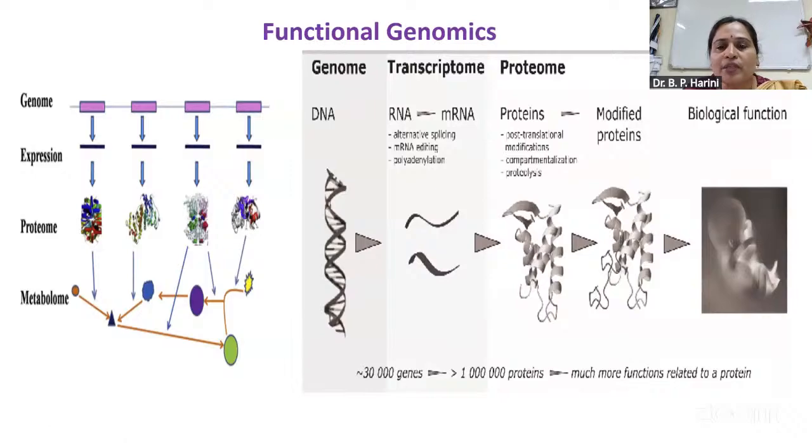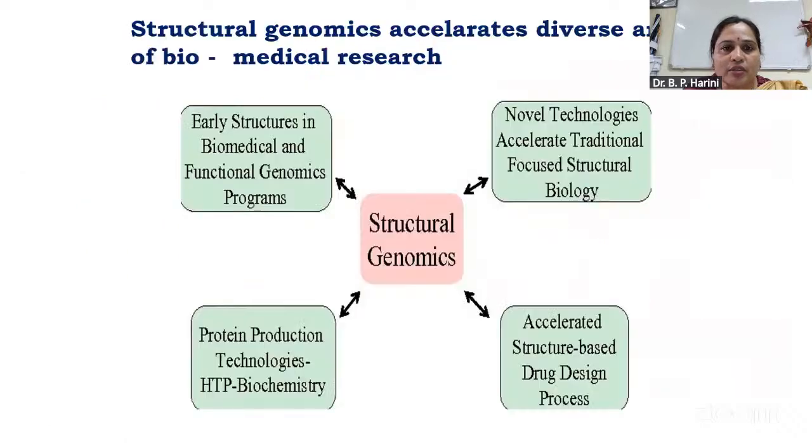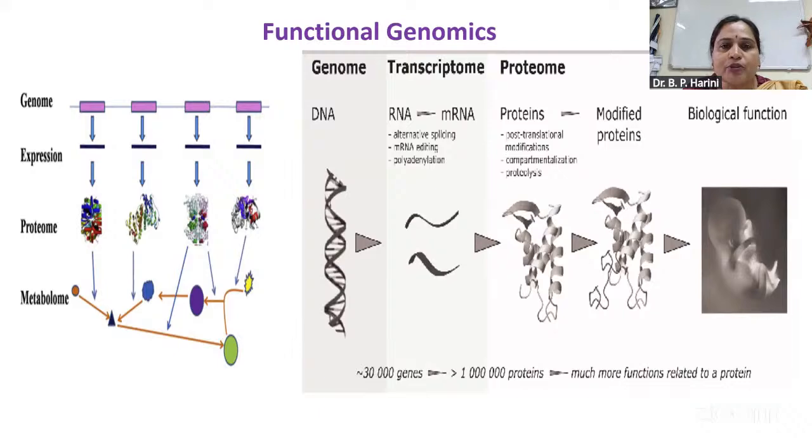So we have the genome, and coming to transcriptomics, the genome has to undergo expression. Once it gets expressed, different sets of proteins are produced, and this is what we call the proteome, the knowledge of proteins. Each of these proteins has its own metabolomics, and it ends up with the metabolome. So right from DNA,